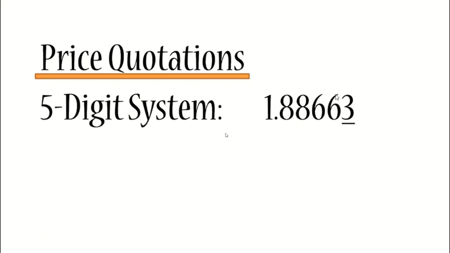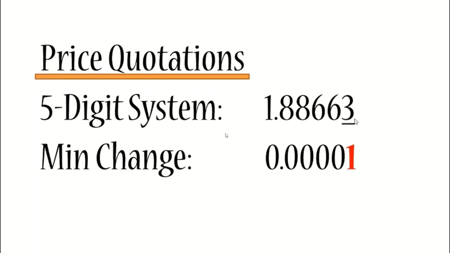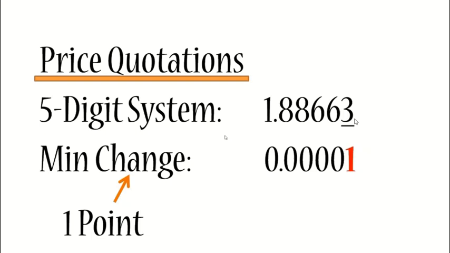Now in this case, we're using the 5-digit quotation system, so your pips will now start to count at the 5th digit. So the pips are always the last digits, the minimum change. Remember, your points are the minimum change and your pips are the entire number as a whole. So in this case, the minimum change, which is 1 point, will be this 3. You understand? So if this 3 was to change to a 4, it would have moved 1 point. You understand? But if you had to define it as an entire number, let's say it didn't have this number, it had a